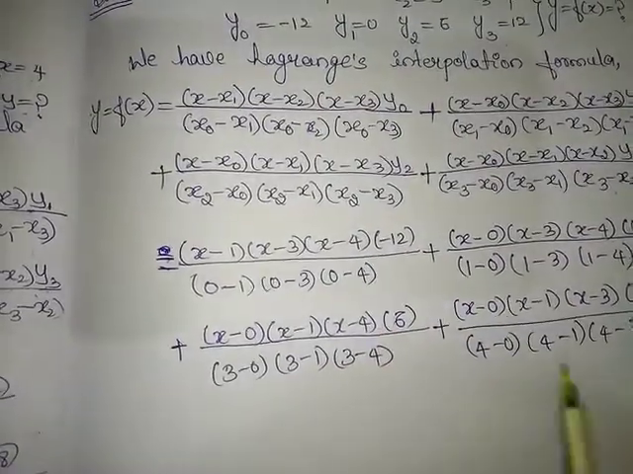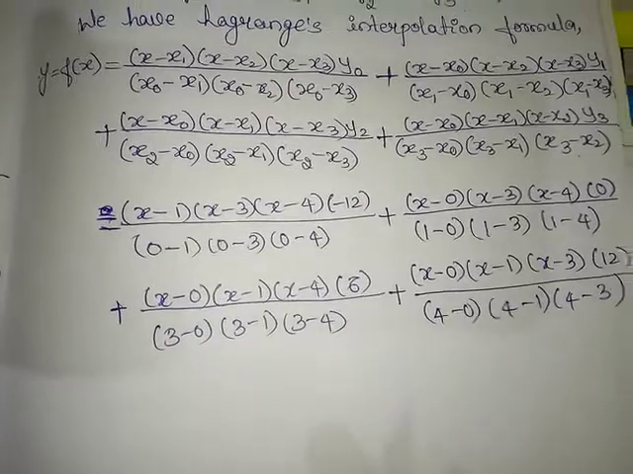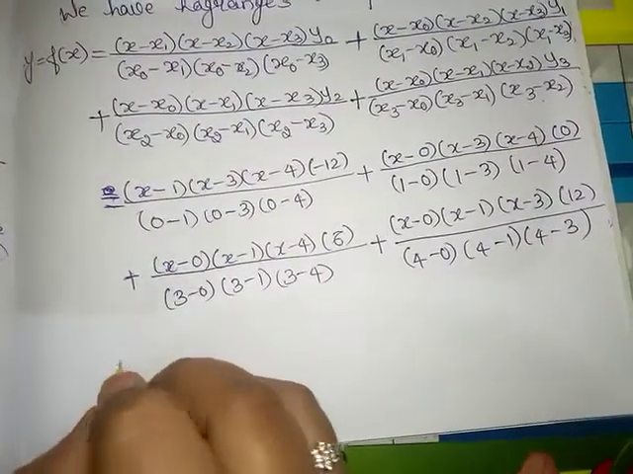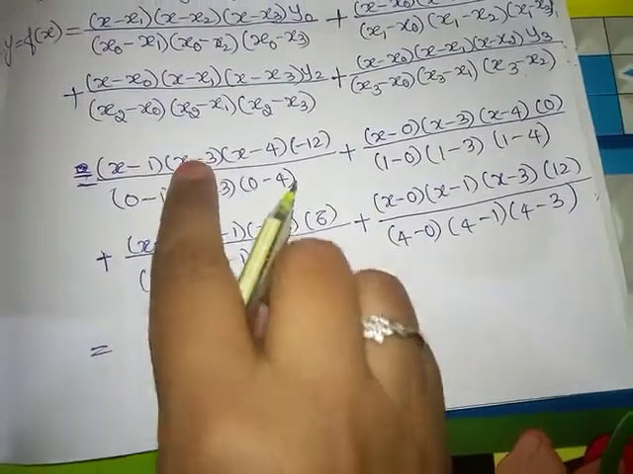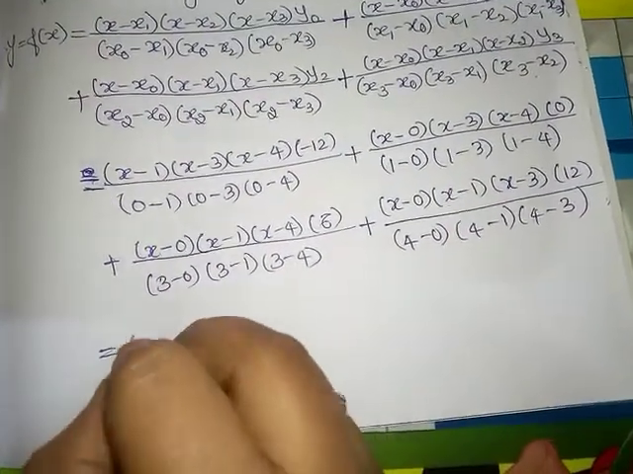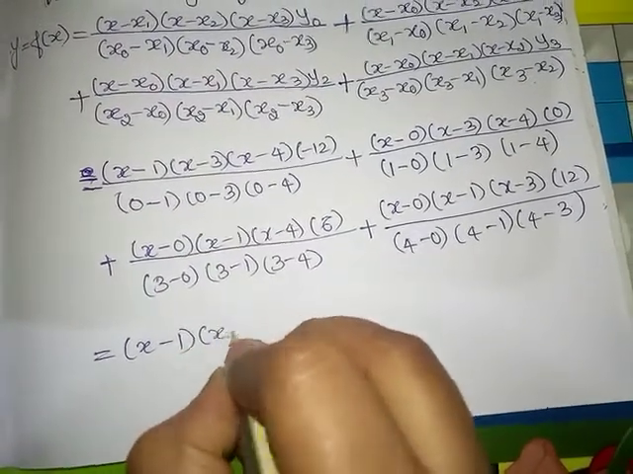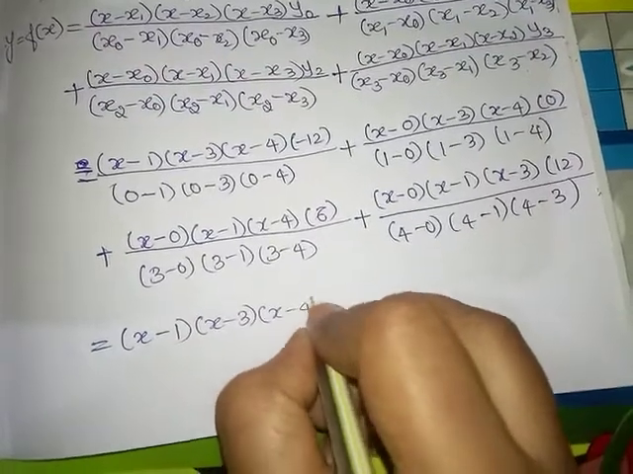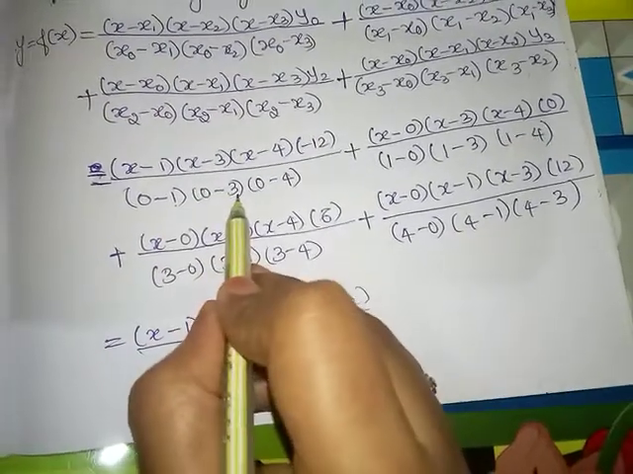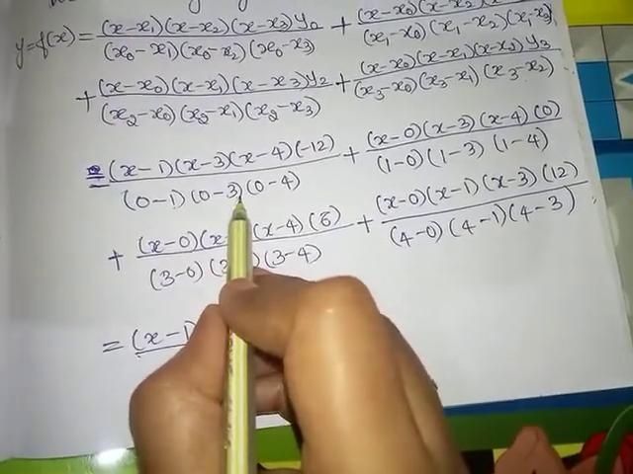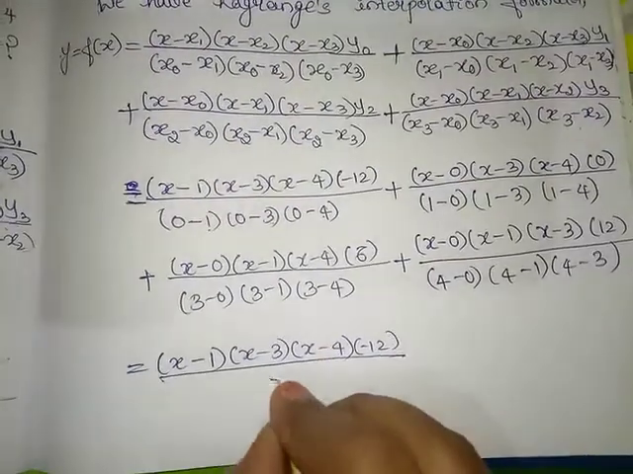Now simplify this one. Here keep x as it is because we are finding the interpolating polynomial. On simplification, what we get here: x minus 1, x minus 3, x minus 4 into minus 12, divided by minus 1 into minus 3 is 3, 3 into minus 4 is minus 12,